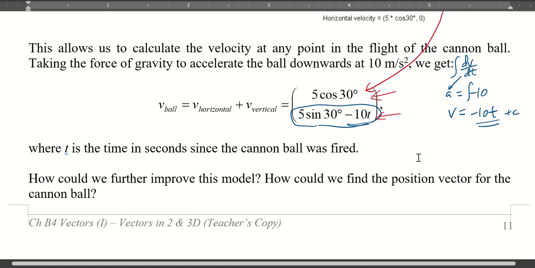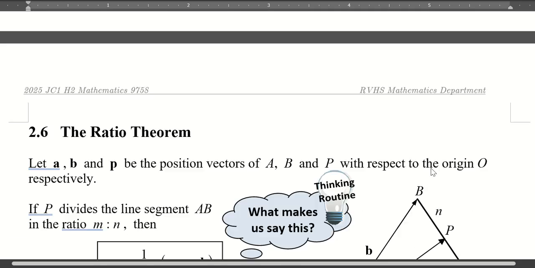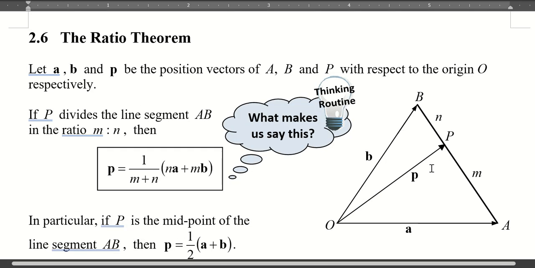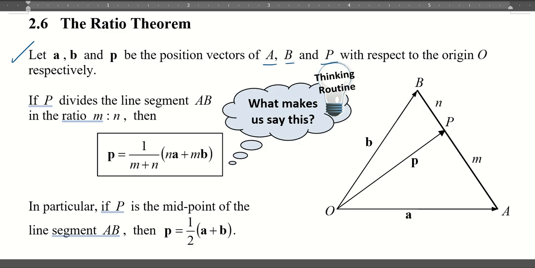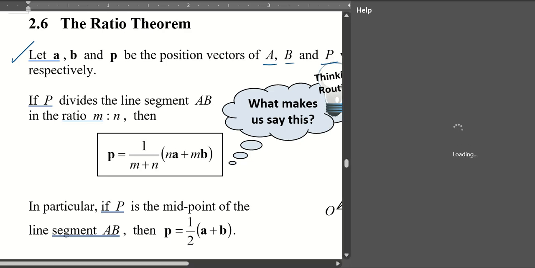Can I leave you to look through the rest? Okay, let's move on to the last section, 2.6, on the ratio theorem. What this theorem is about is this: let vectors OA, OB, and OP be the position vectors of these 3 points A, B, P. If P divides the line segment AB in the ratio m is to n, then the position vector